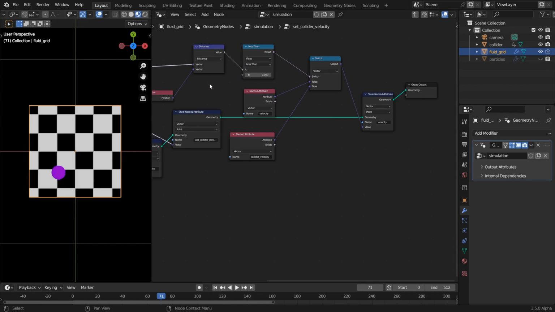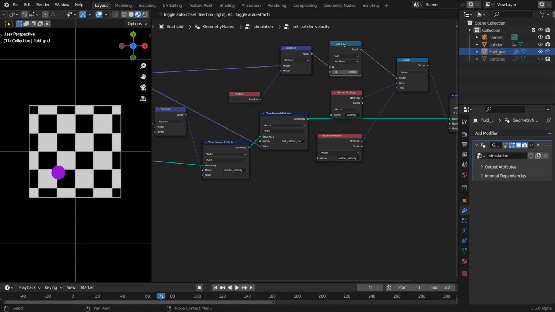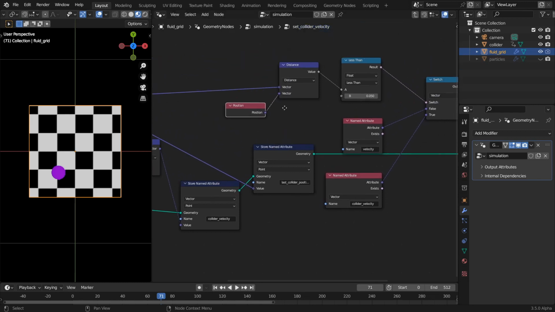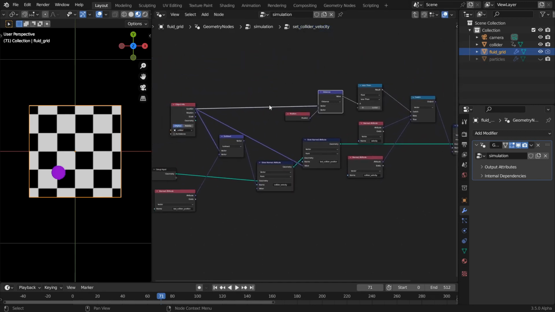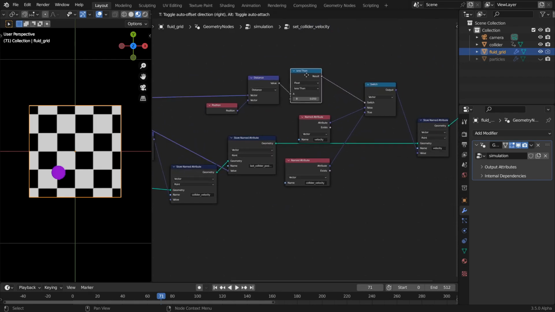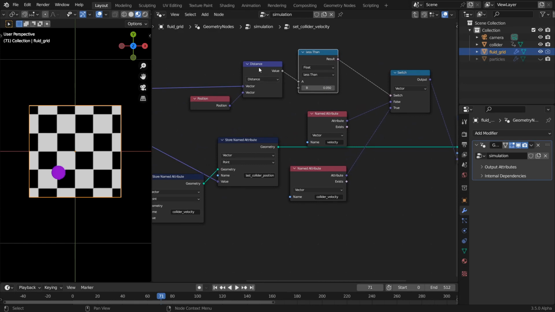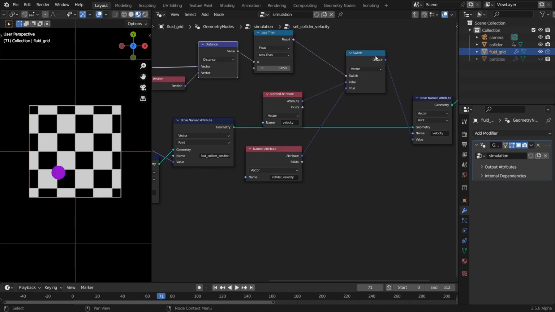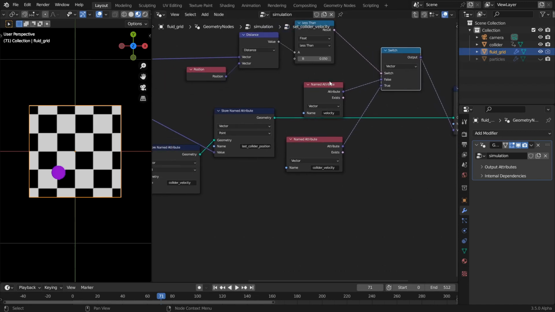In this case, it's a sphere, and so I actually just have the distance test to be 0.05, which is a little bit smaller than the actual radius of the sphere, which I believe is 0.075. And so what you do here is you take the position of the grid point, you find the distance from the location of the collider, and then you use this compare node to check whether or not that distance is less than a certain value, in this case 0.05,